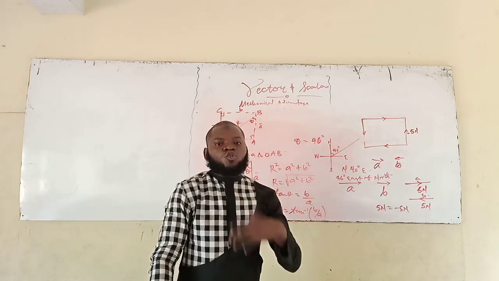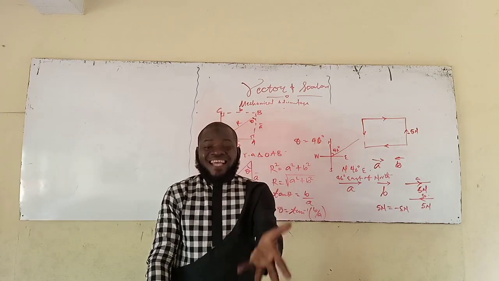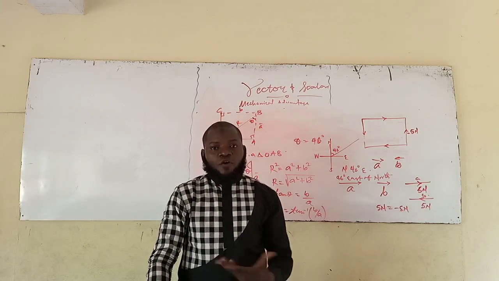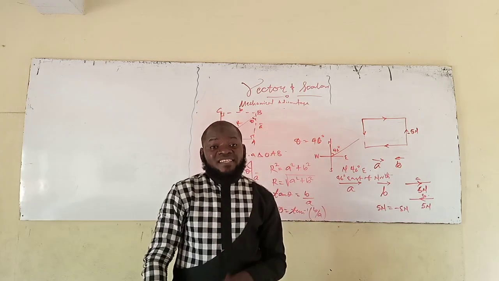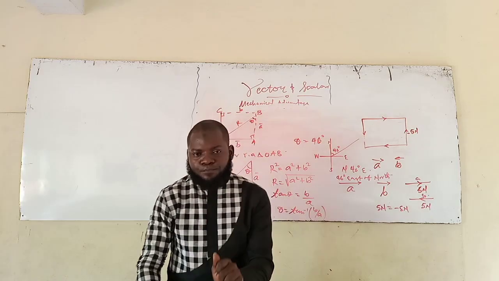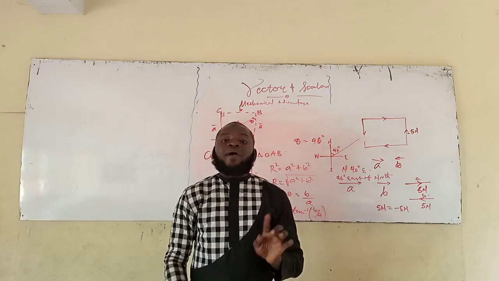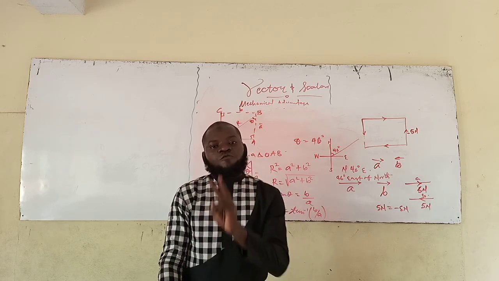Now, what if those two vectors are not perpendicular? What if they are at a certain angle? Let's say, for instance, they are inclined at an angle of 60 degrees. How do we determine their resultant? Because now they are not perpendicular. It's simple. Then we are going to look at the parallelogram law of vector that states that given two vectors